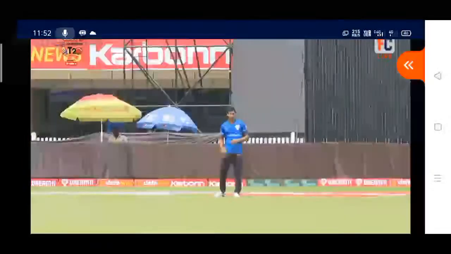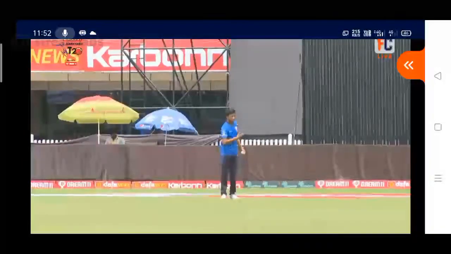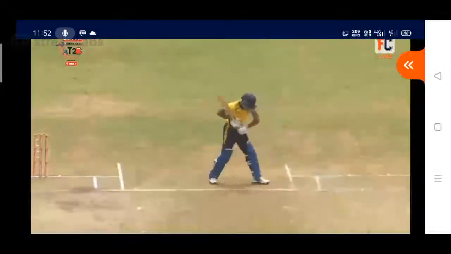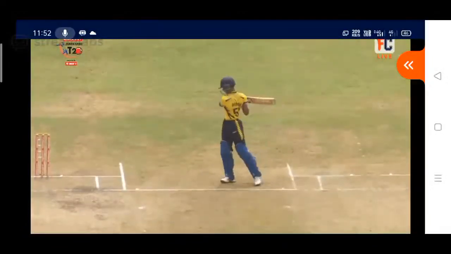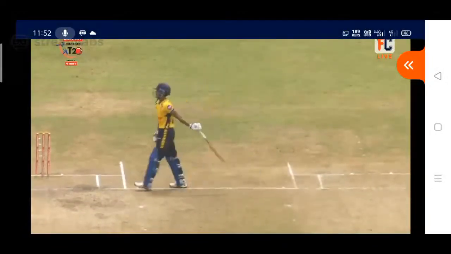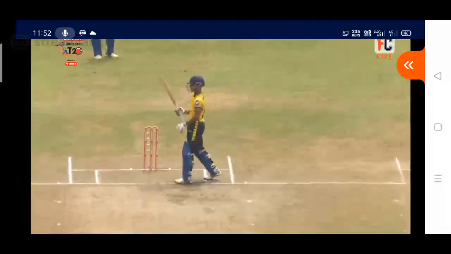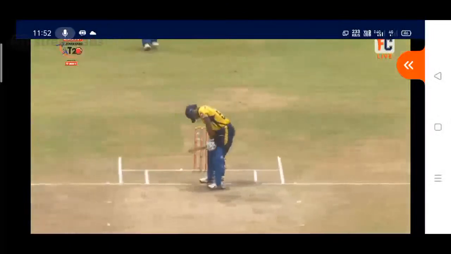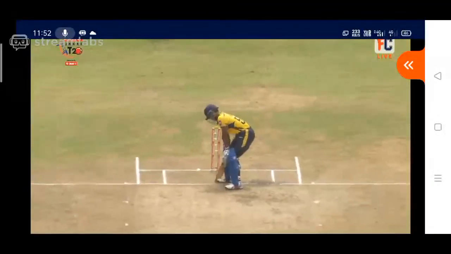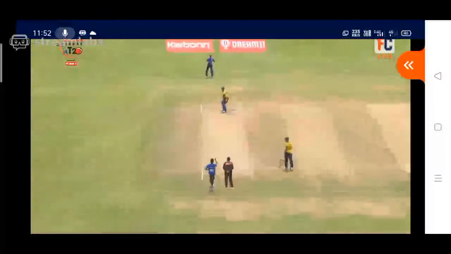In the middle, the sun is out. It would help to shine for a while. I think the outfield will be much faster. We had a lot of rain last night and today in the morning. So new batsman in.